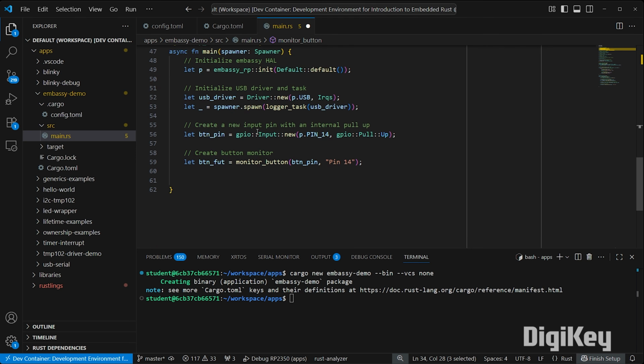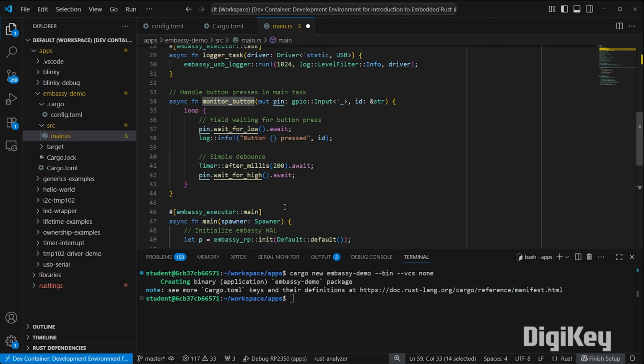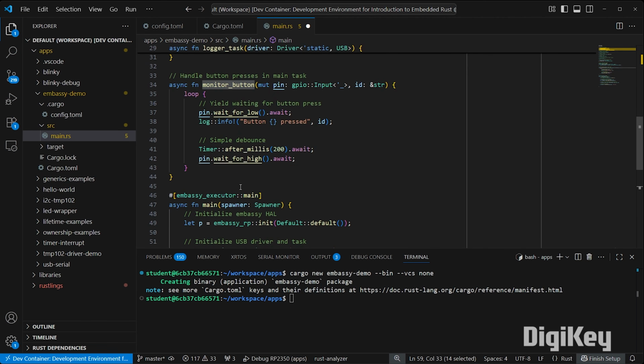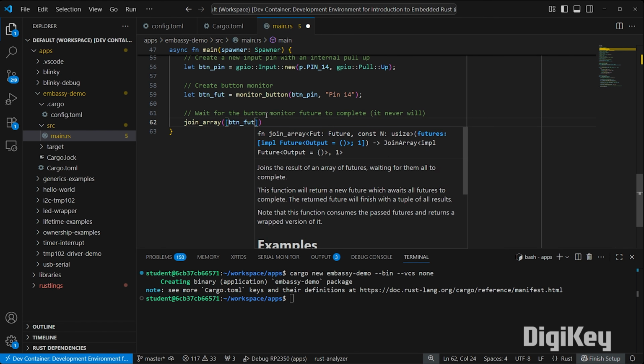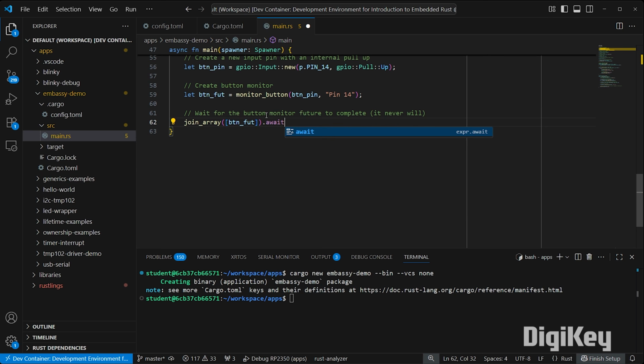Once we call that function, it immediately starts to run because it's asynchronous. The thread of execution will only be given up once it hits some sort of yield, like an await keyword after one of the functions in monitor button. We can have our main thread here, or main task, wait for that to finish. Because it's a forever loop, it won't ever finish unless, for example, it hits the panic handler, in which case we have bigger problems. But we can use this join array function,